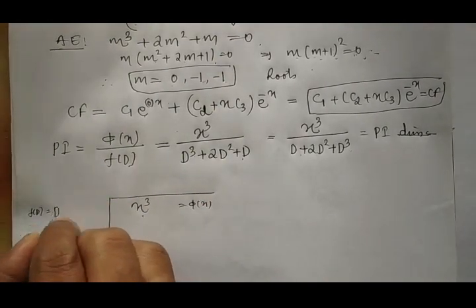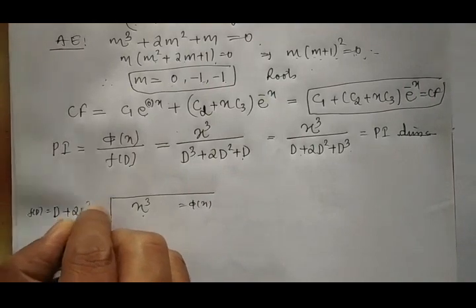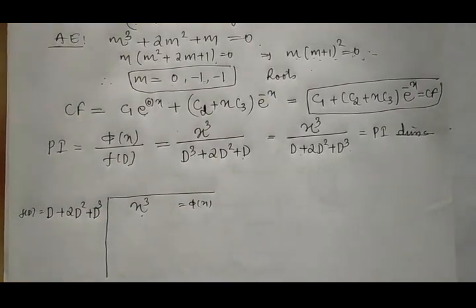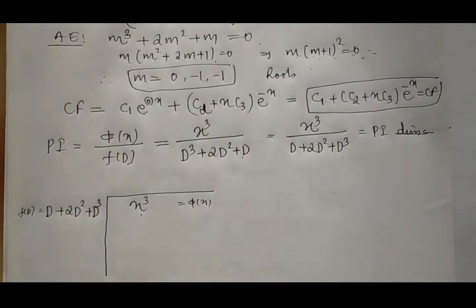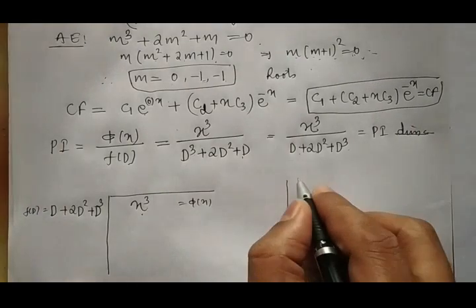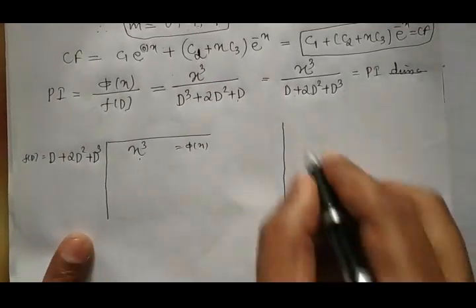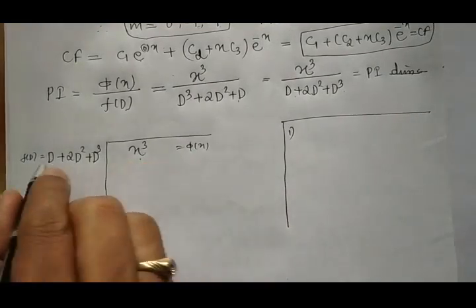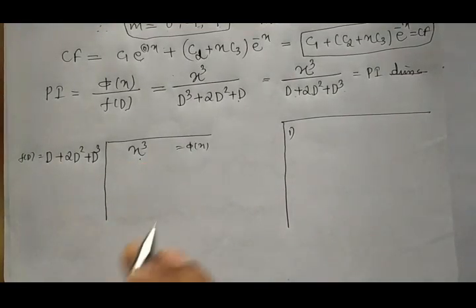Okay, so it is D plus 2D square plus D cube. Now we'll concentrate to get a solution. Here I'll use this space for rough work. Then for this very first step, this divided by this, okay, no problem, but it is a single